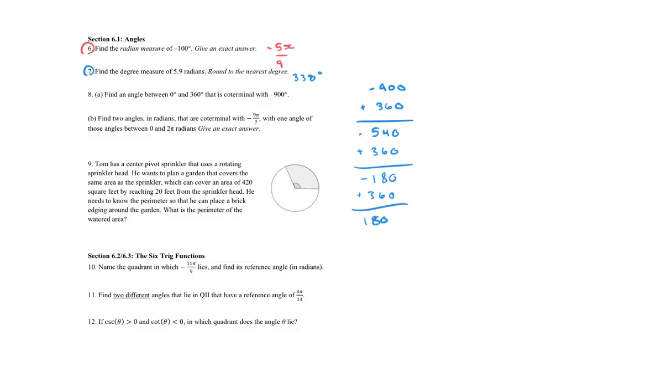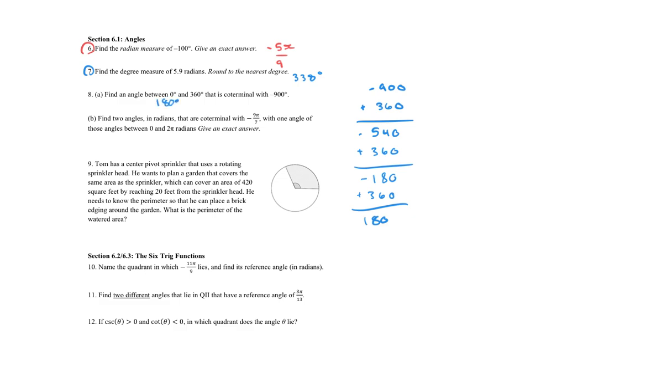Now if we add another 360, we're at 180 degrees. So this angle is the same as this one, it's the same as this one, it's the same as this one. They're all considered coterminal. It's just that this one happens to be between 0 and 360. So that's going to be your answer here for A,